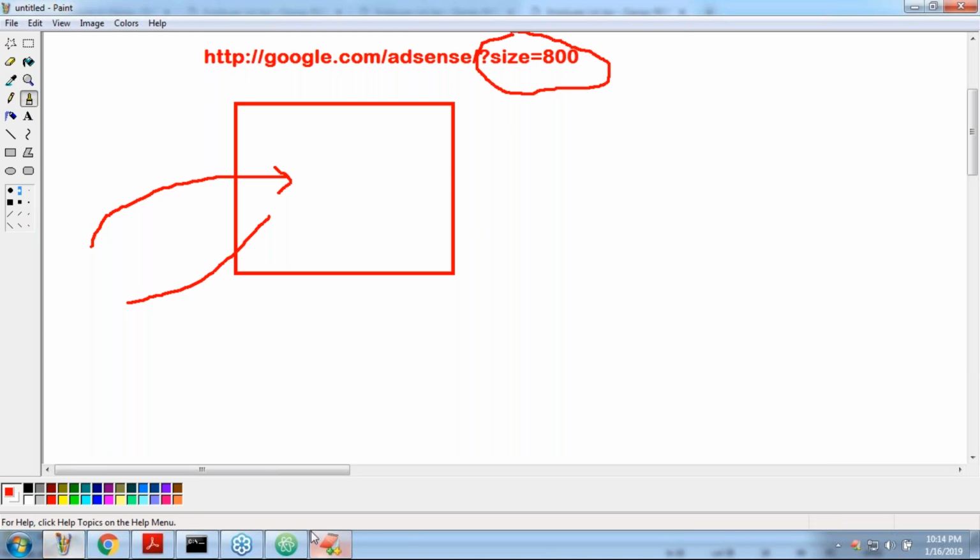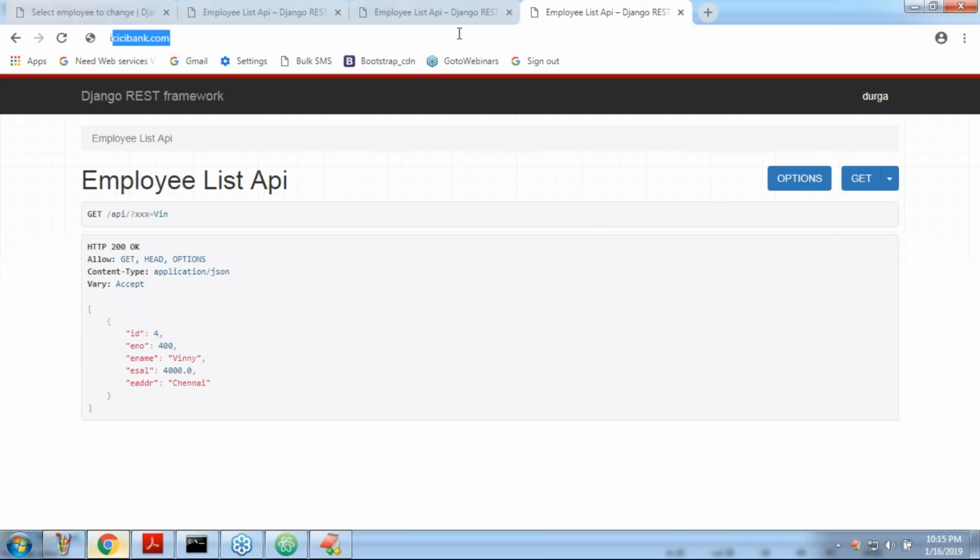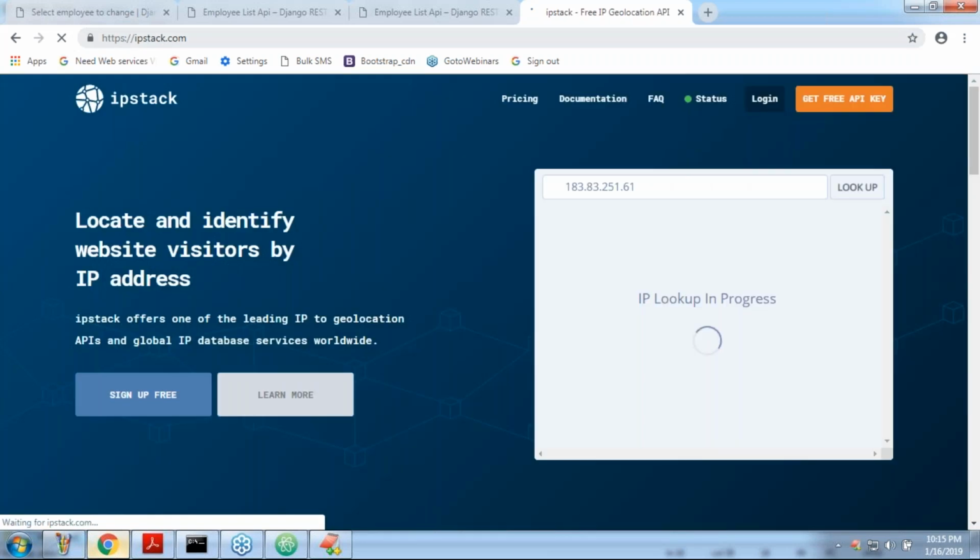Where you have to use it, if you observe, ipstack.com, this is just for tracking an IP address. If you observe the documentation, they provide it. This is the base URL. Question mark access key is equal to your access key. You have to provide it, are you able to understand?